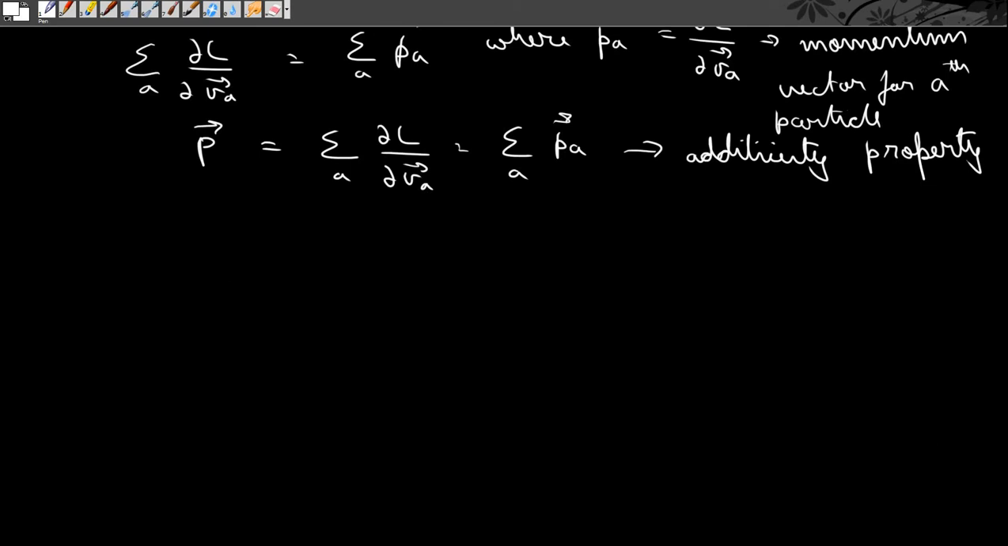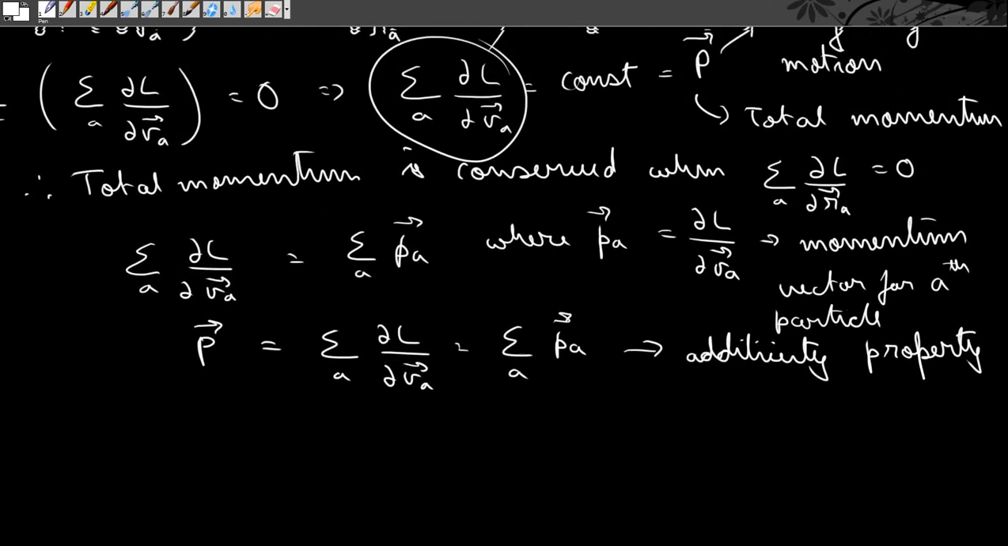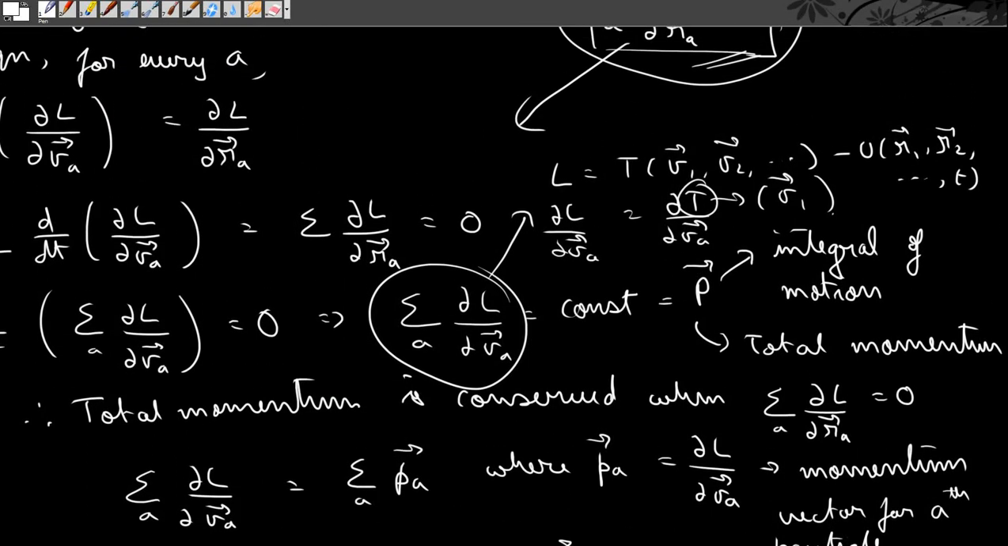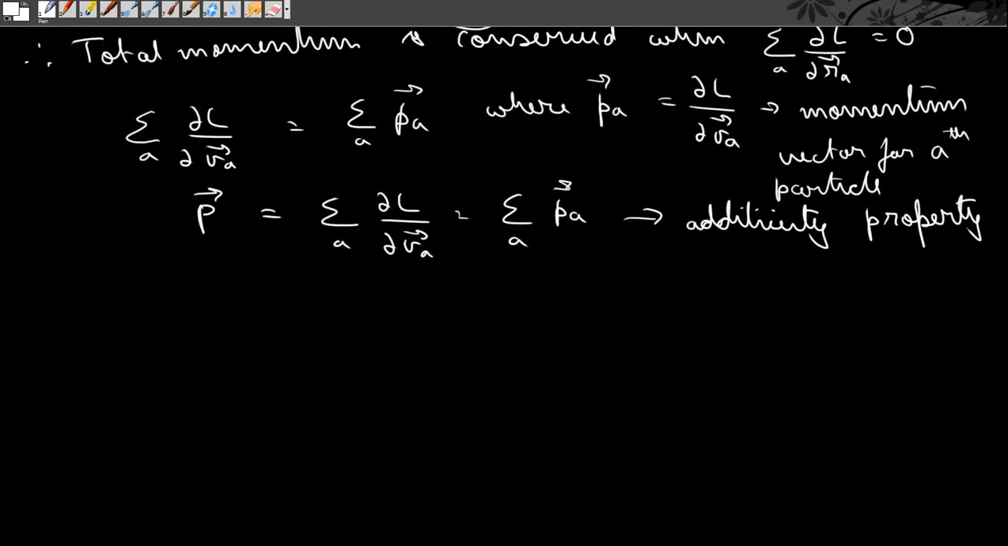Now so far we were in Cartesian coordinates, where we were expressing each of the positions as r vectors and velocities as v vectors. But what if there are constraints and we have to use generalized coordinates? So in terms of generalized coordinates,